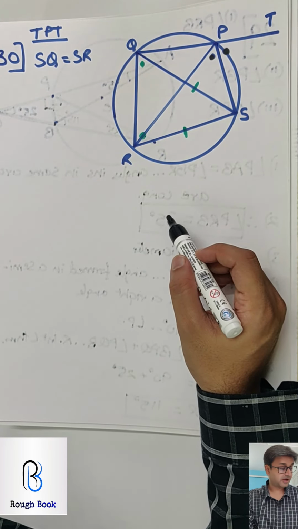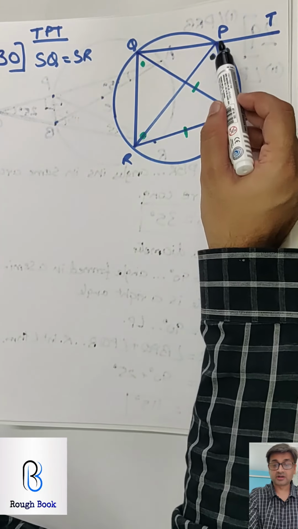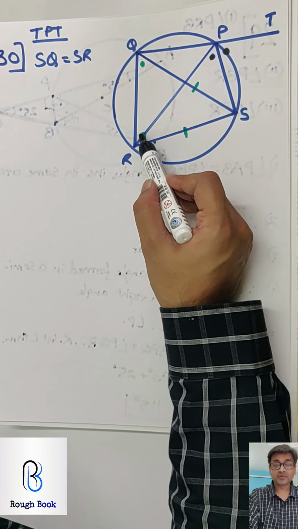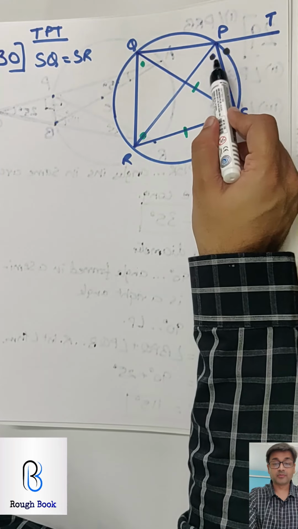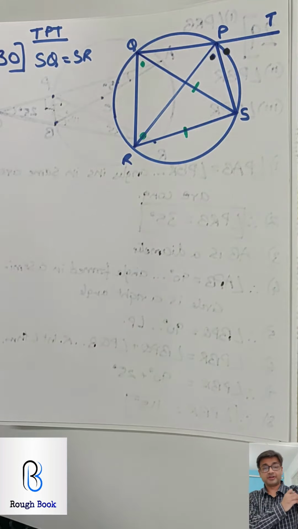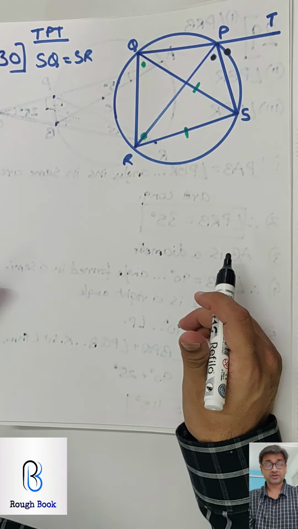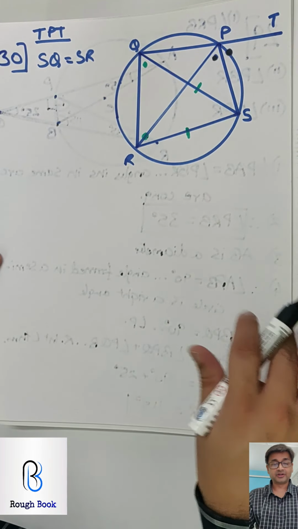Pause, think, come back. Yes, exterior angle of a cyclic quadrilateral is congruent to its interior opposite. So green and black, both black equal, so both green equal. Then understand? Don't worry. Let me write. Pay attention. If you got it, fine, go ahead. If you have not got it, pay attention. After that, 100% you will get it.